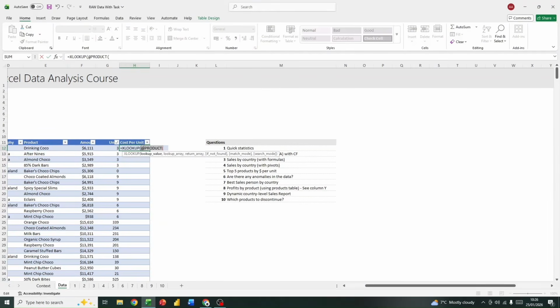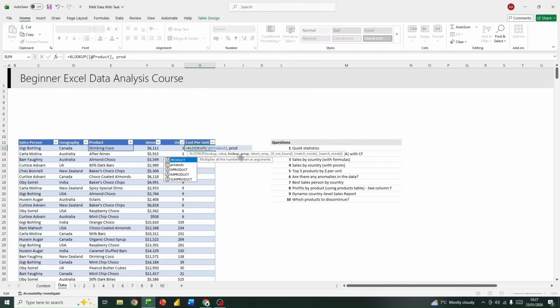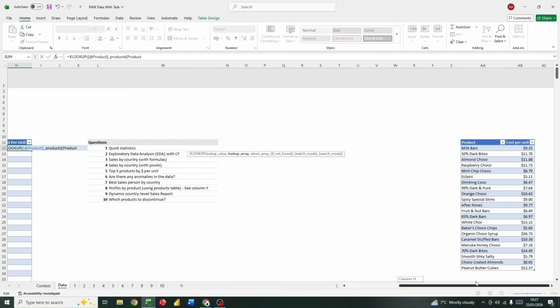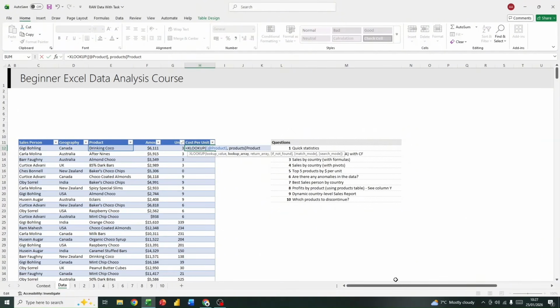So before you get into that, you want to add a square bracket, otherwise it looks like that. And then you want to add product. So what I've said to it is I just want to look at column product inside of my data table, and then close my square bracket, and then look at my products table. So this table on the right is called a product table, or that's what we've called it. And then go ahead and close that. And then I want to just define again inside my product table, I want to look at product. Close your square